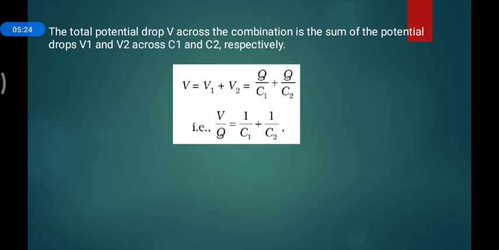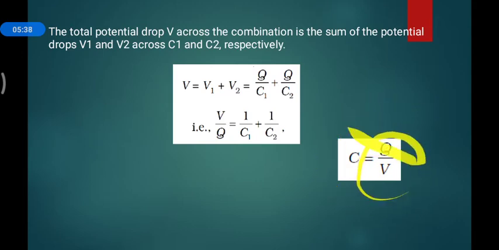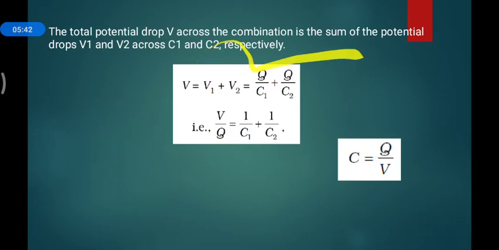So V is the total voltage you applied, which is the sum of the two capacitors' voltages V1 and V2. Now voltage can be expressed using the basic formula V equals Q by C. So V1 equals Q by C1 and V2 equals Q by C2. Is it okay? Okay, fine dears. So what happened now? V is equal to this formula.